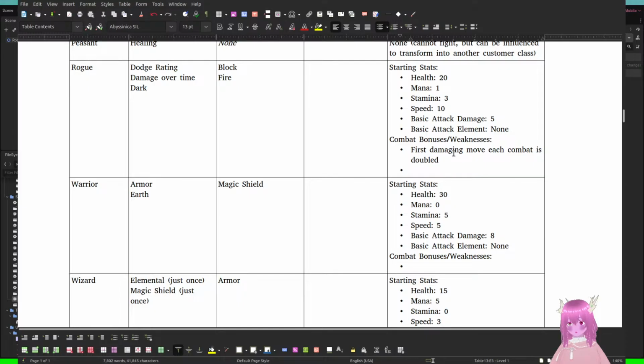Actually, it'll be the first damaging moves with an S, because this will be increased per stage. I think at stage 1 and 2, it'll be 1. Stage 3 and 4, it'll be 2. And then stage 5, the first three damaging moves the rogue takes will be doubled.